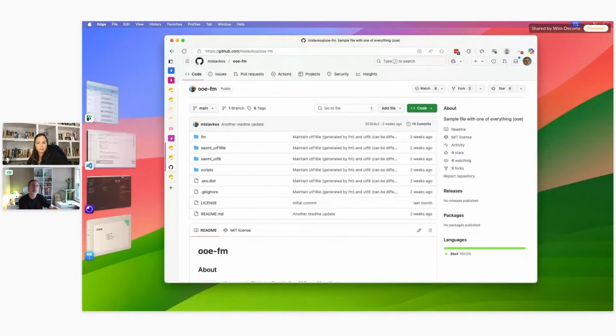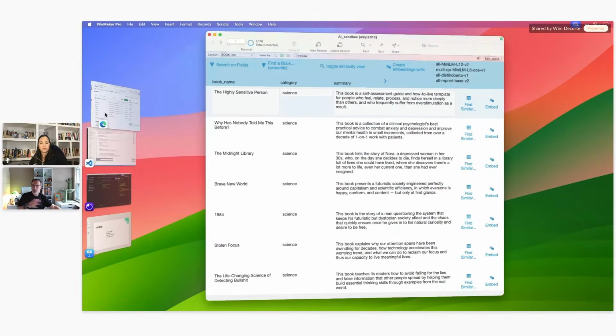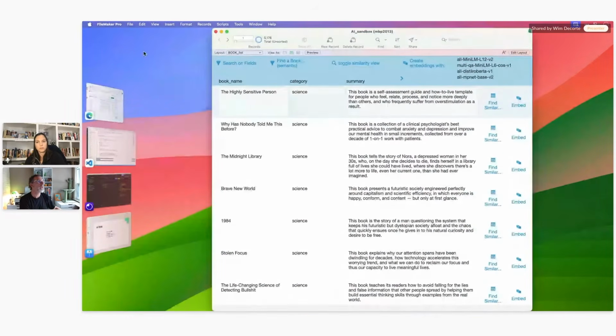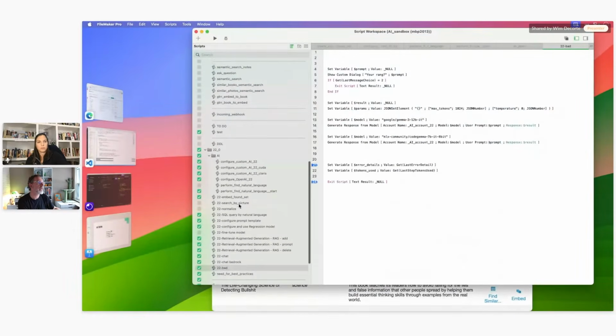All right, so I'm just keeping an eye there on the chat. Essam was asking a question about implementing RAG, and again, RAG stands for Retrieval Augmented Generation, within the existing FileMaker solution. Sure, let's jump through that real quick. So we're going to go back to AI real quick. This is a demo file. Let's go to some of the RAG things.